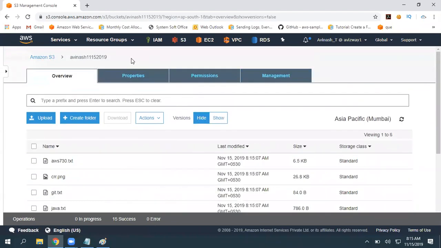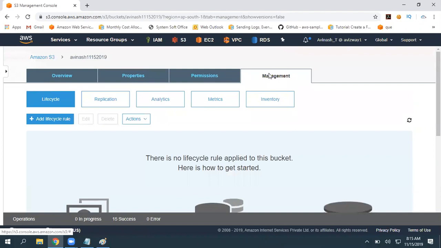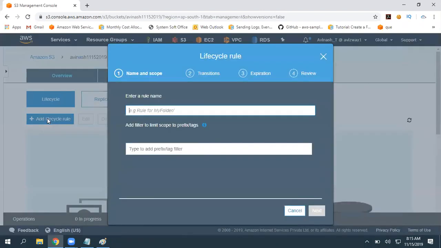Now, to create a lifecycle management rule, go to the bucket Management option. The first option is Lifecycle. Click on Add lifecycle rule. Here, enter a rule name, for example, first lifecycle rule.